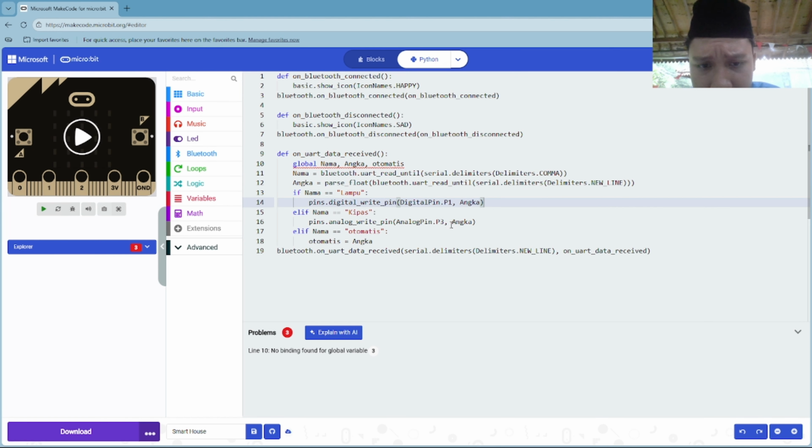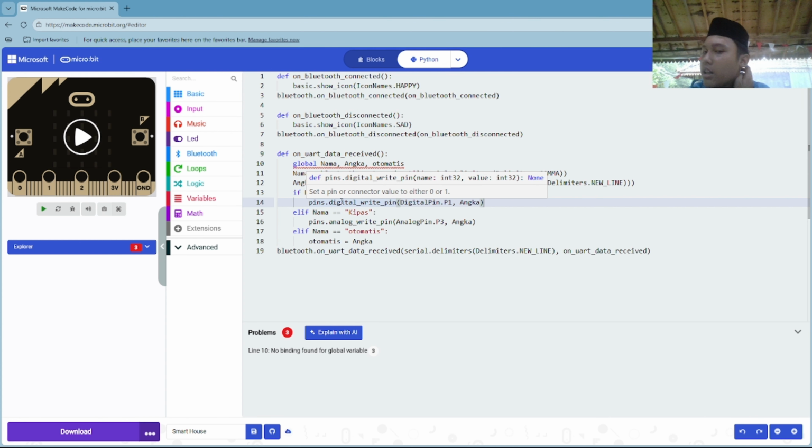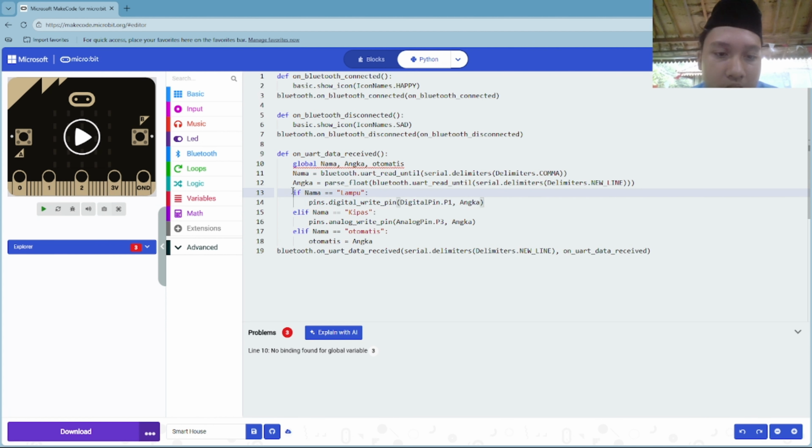Okay, next there's if nama lampu means digital write pin. So this thing was working for the light in the smart house that you guys saw before in the demo, and then same as before, kipas was like that also. So the pins digital write pin, digital pin 1 in the lampu was meaning like this one is pins digital write pin and the pin is pin 1.